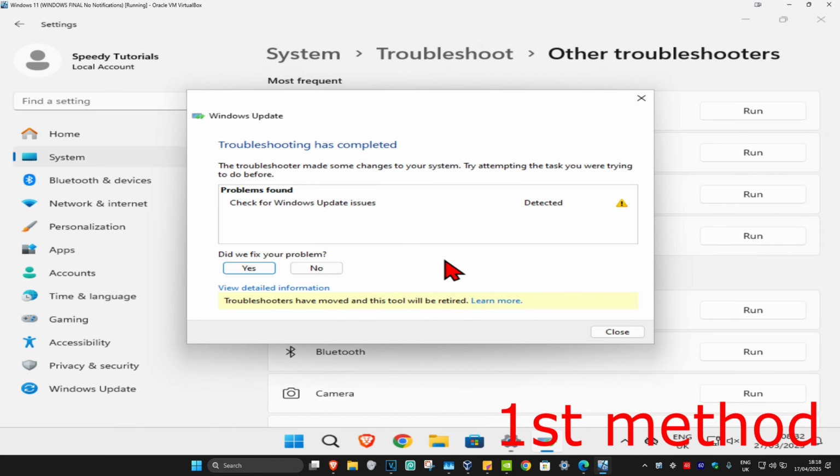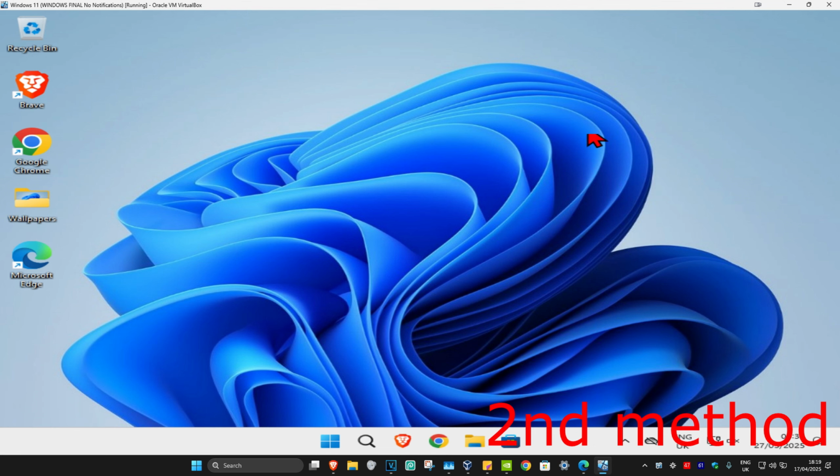Wait for this to load. And then once that's been done, if it detects any problems, it will try to fix it for you. See if that works. If that's still not working, then for the second method, you're going to head over to